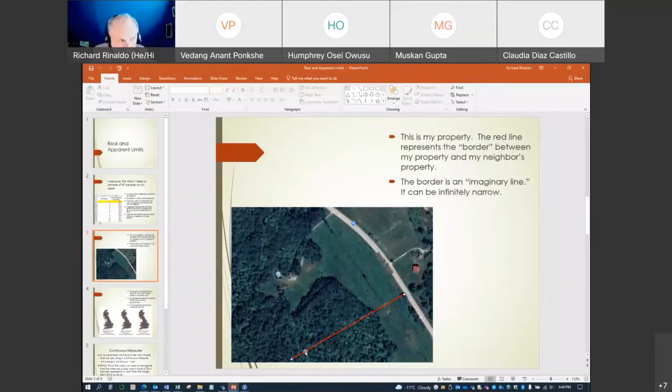So the real border between two properties is actually an imaginary line. You technically can't physically go out and, with the highest degree of accuracy, mark out that border, because in terms of accuracy, it just gets infinitely thinner and thinner and thinner, and asymptotes to zero. It just approaches zero, but doesn't get there. That's how you have to think about real and apparent limits